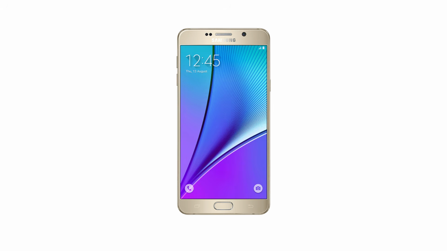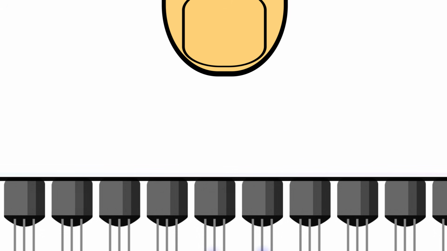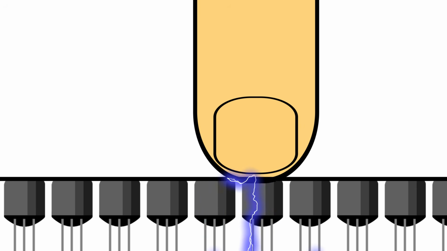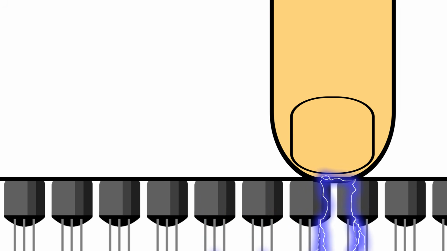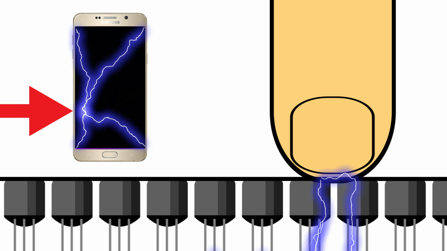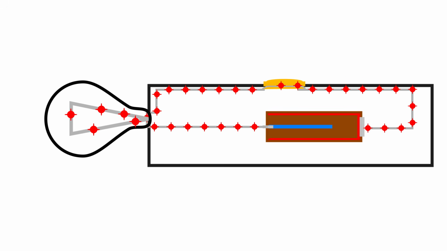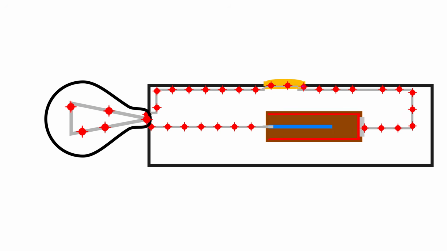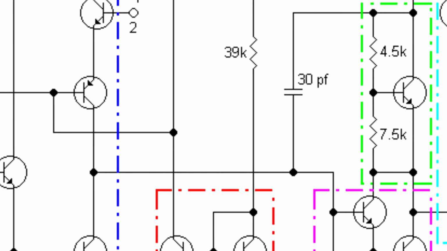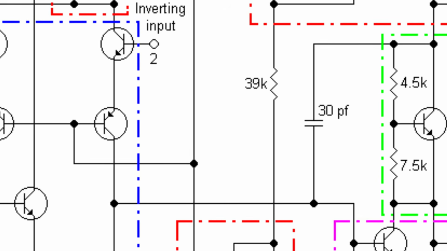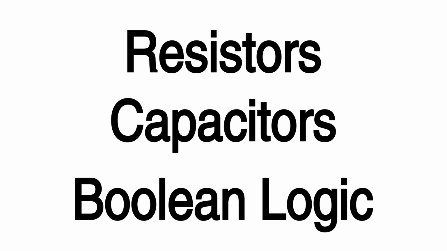Touch screens use this same system by using the oils in your fingers to complete circuits which lie just under the screen. When those circuits are completed and current flows through them, the computer knows that that part of the screen is being touched. While the basic concept of completing a circuit is more or less universal to the process, there are a ton of different methods used to accomplish this, and of how to achieve the desired results afterwards. Other topics related to circuitry include things like resistors, capacitors, and Boolean logic.